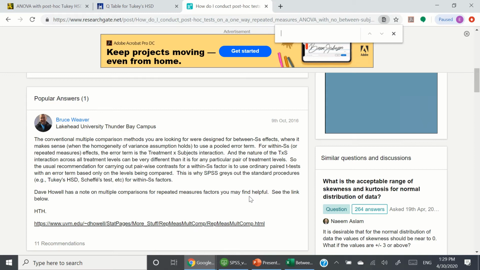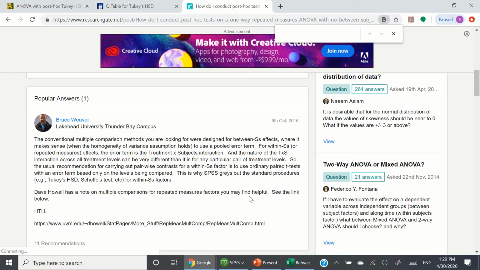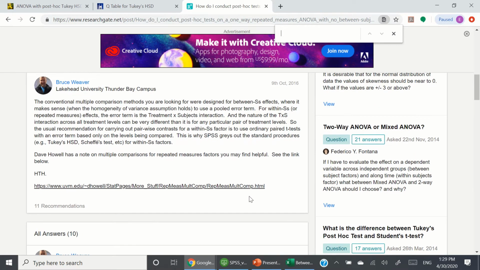Use ordinary pair t-test with an error term. Is the correction is the